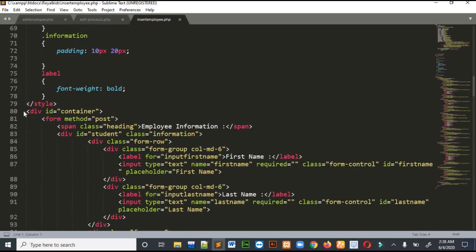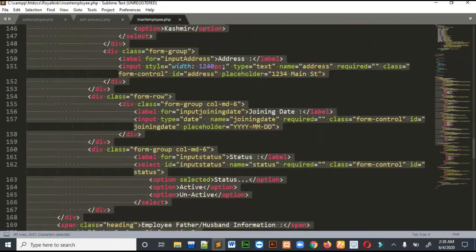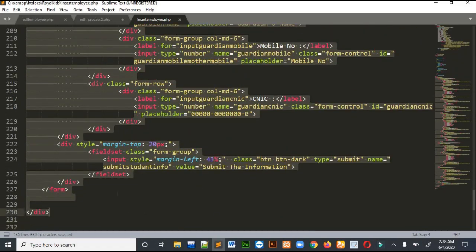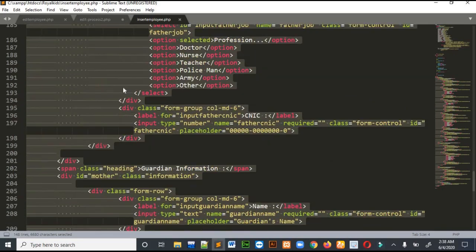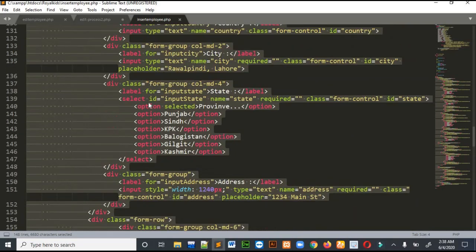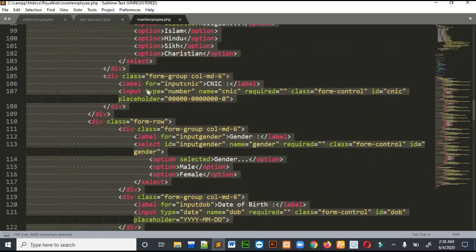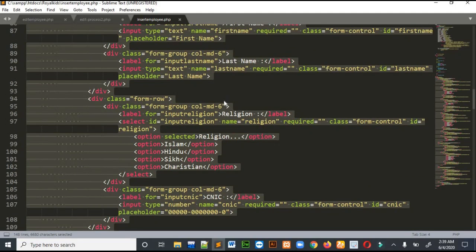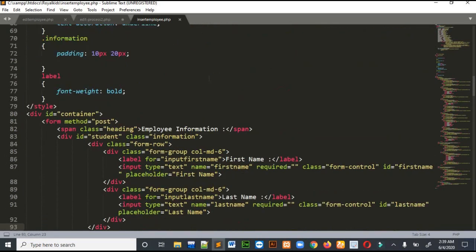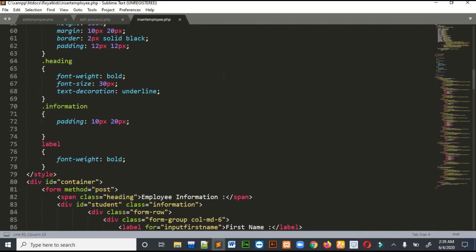So in the HTML section, this code is for the form. All of this code is for the form. So if you don't know how to make a form, you can check my video in the HTML playlist, which will show you how we can make a form in HTML.